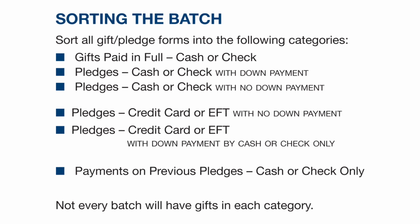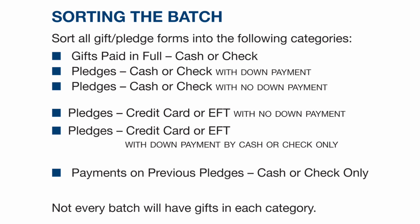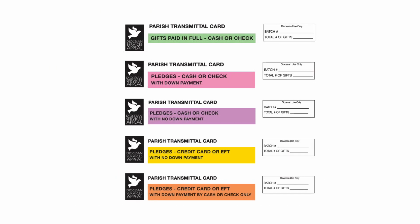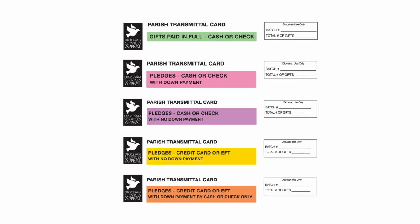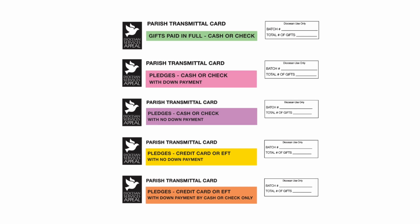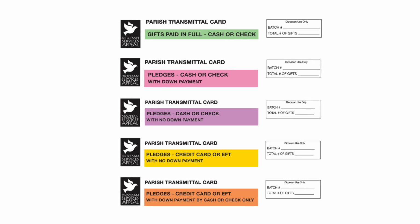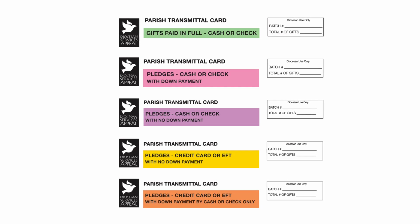Remember, not every batch will have gifts in each category. Payments on previous pledges will start coming in later in the appeal. Each gift category will have a two-part carbon transmittal card. To complete the transmittal cards, you will need to add the totals within each category and record the amounts. Once you have completed the transmittal cards, you will need to attach one to each bundle of forms in your